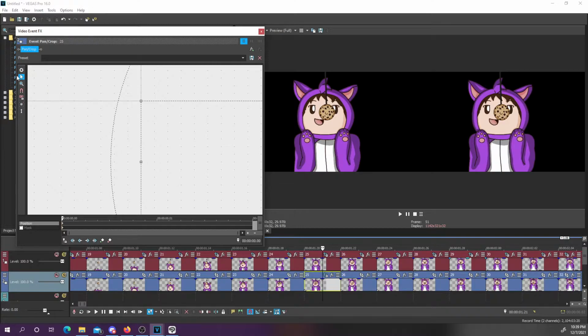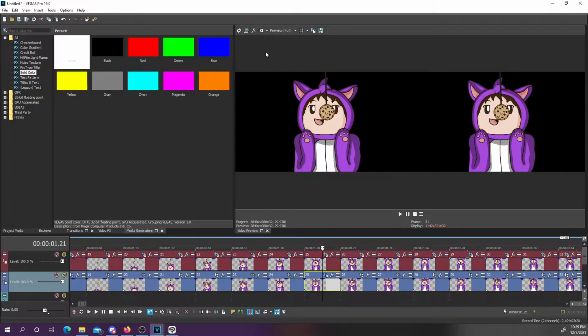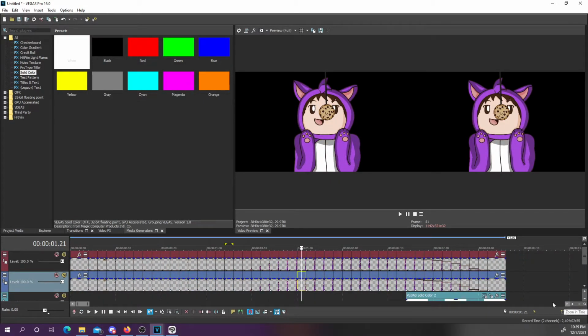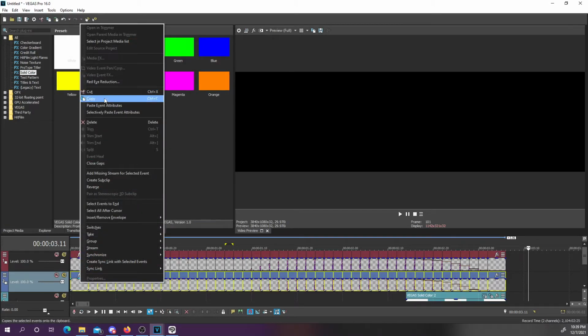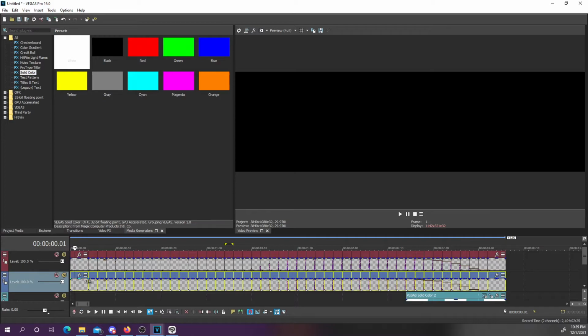Okay, now once we have that aligned, we can back out. And like I said, we only need one, so we can copy it and then use our selection tools to select the entire scene right here. We'll paste it, and paste the event attributes, and now they're both side by side,